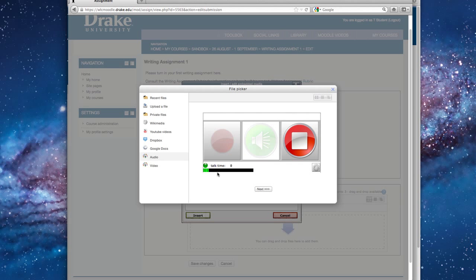Notice the VU meter is moving as I speak a little bit. So I'm going to say whatever the assignment is, and then I'm going to hit stop. If I'd like to listen to what I've recorded, and this is a good thing to do each time, click on the play button. That was what I recorded previously. If I'm happy with my recording, I can click next,